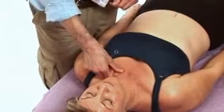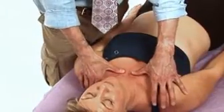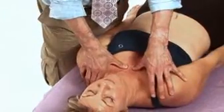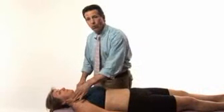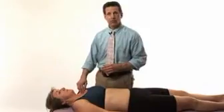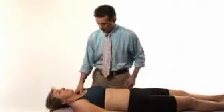Now let's check the part that was going this way. I'm going to put my thumbs here. I'm going to have her roll her shoulders forward, and they didn't separate out like they did before. Actually, treating the first one actually went back and fixed this one. The first one was worse. All right? If I wanted to fix this one, all I would do